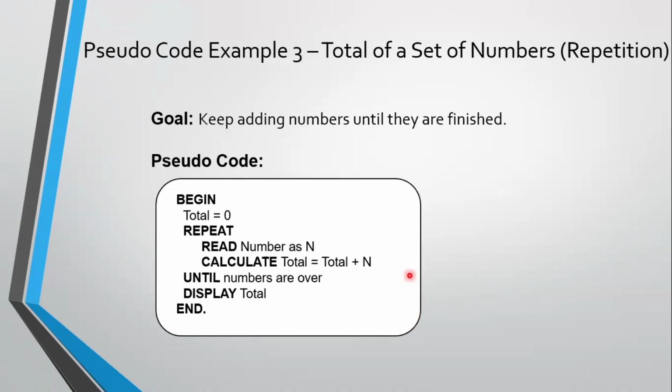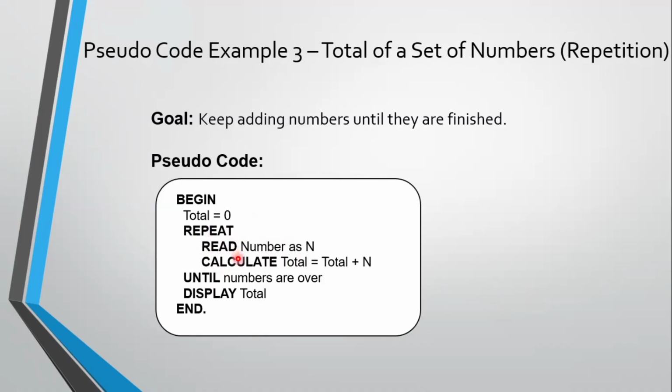Sometimes we need to repeat the steps. This is called a loop. Here we start with a total of 0, total equals 0. We tell the computer to repeat 2 steps. What are the steps? Read something and calculate something, right? We start with the repeat keyword, and